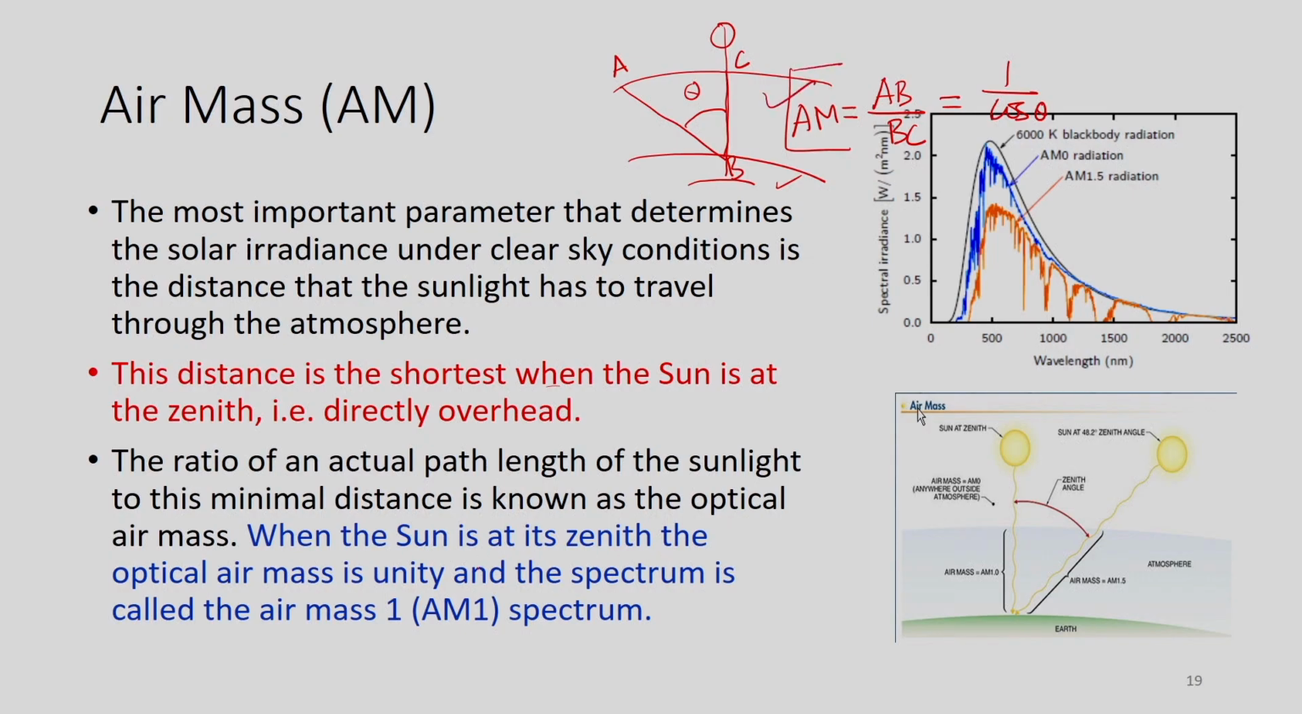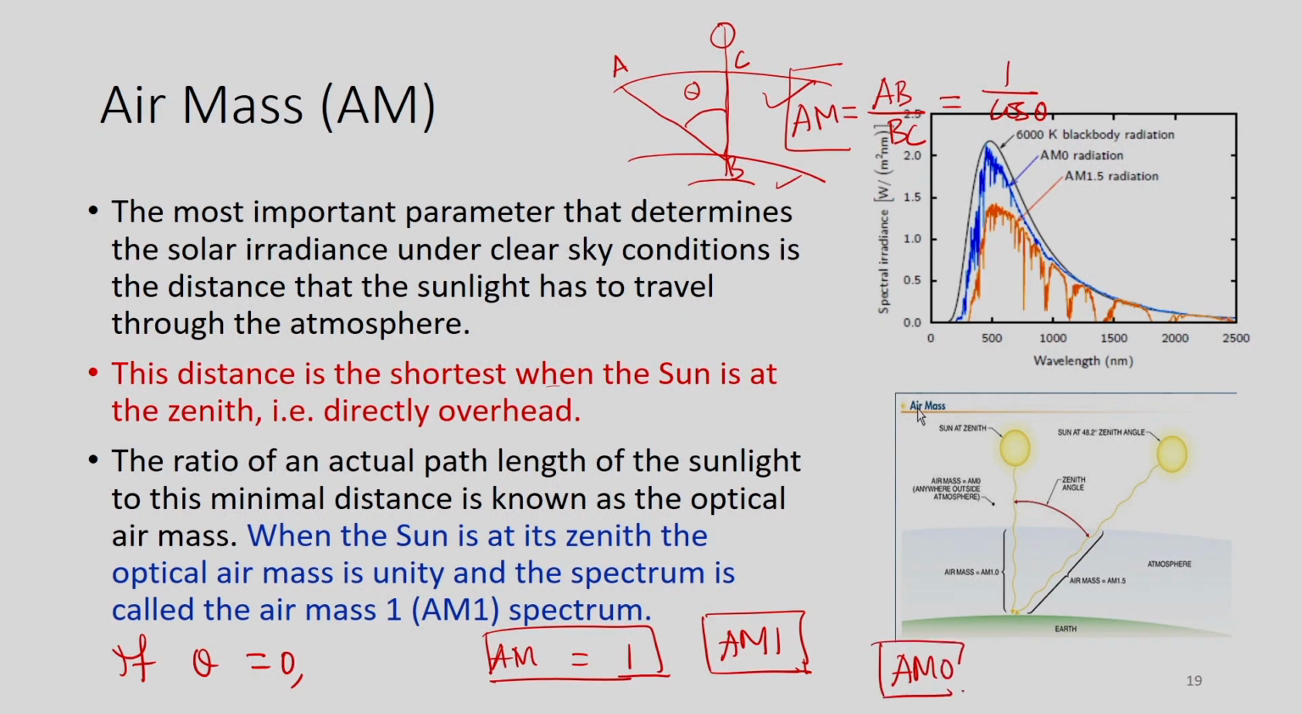When the sun is at its zenith, the optical air mass is unity and the spectrum is called air mass 1. So, if theta is 0, that is 1, that is called AM will be 1 if theta is equal to 0. So, AM will be 1. So, this spectrum is known as AM1. Okay. In case of extraterrestrial radiation or extraterrestrial region,